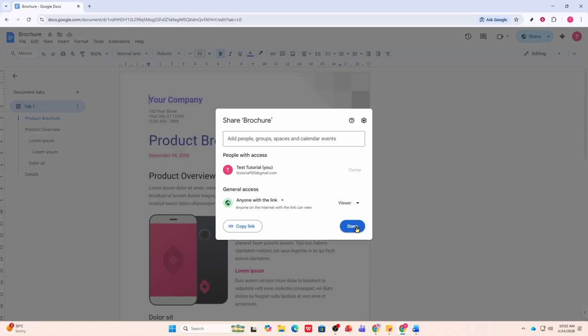That's it. Anyone with the link can access your document based on the permission you chose. If you ever need to tighten access later, return to the